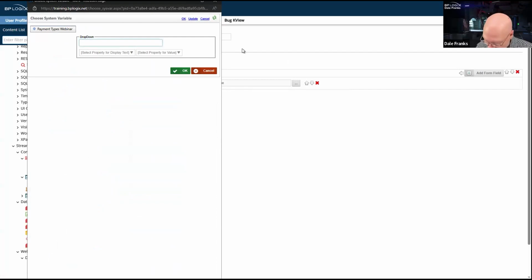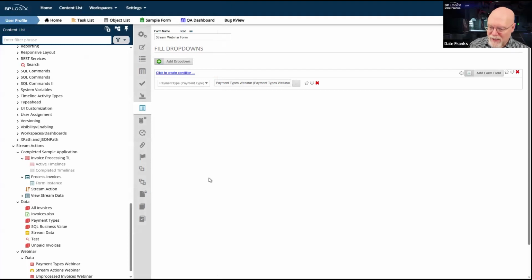So let's drop in my select one. And then our display text is obviously going to be the payment type. Our property value is going to be the payment type ID. And we are going to set that and update it.